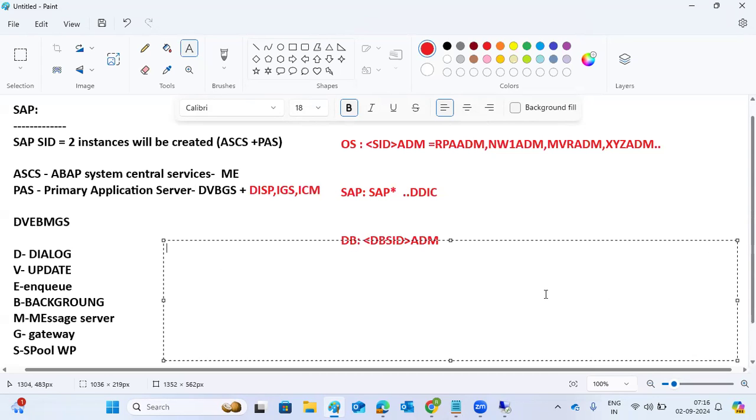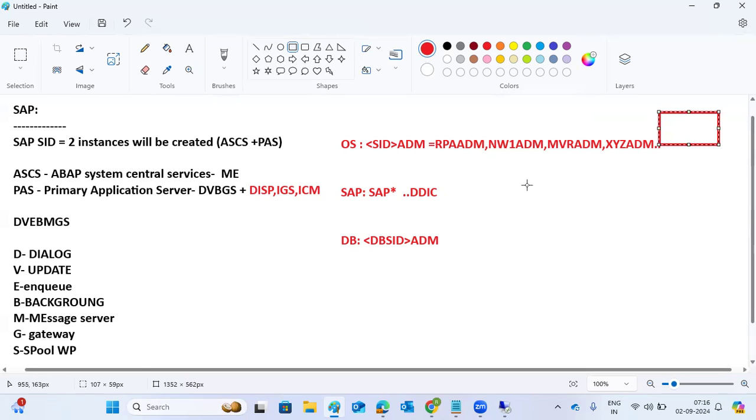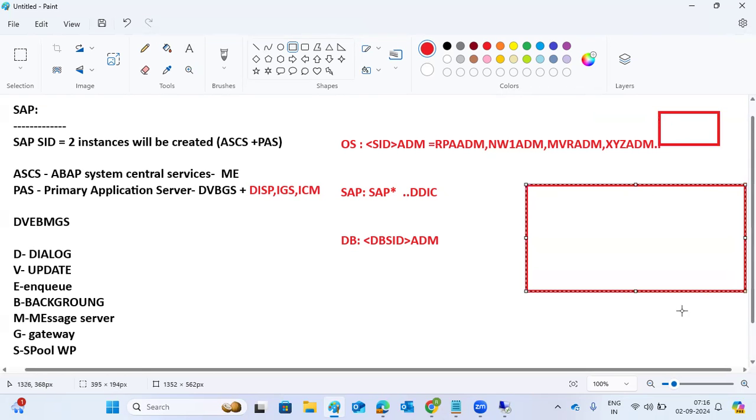SAP Logon Pad here. This is your GUI presentation layer. This is your SAP layer. This is the database, the DB, separate one. Your GUI, graphically, is the presentation layer. You are here. This is the SAP system you build in the second layer, that is